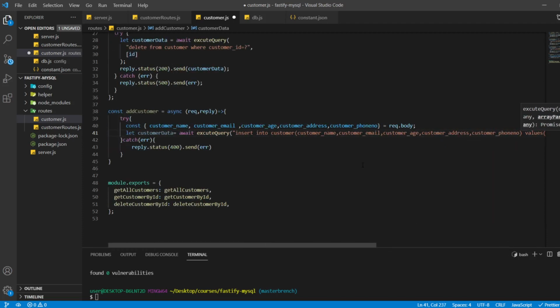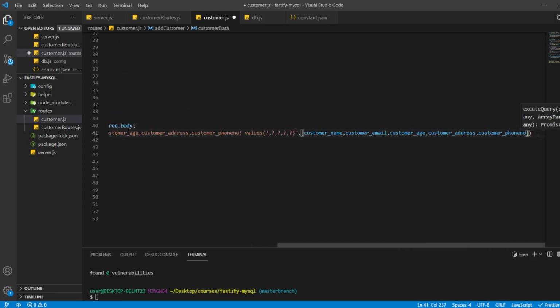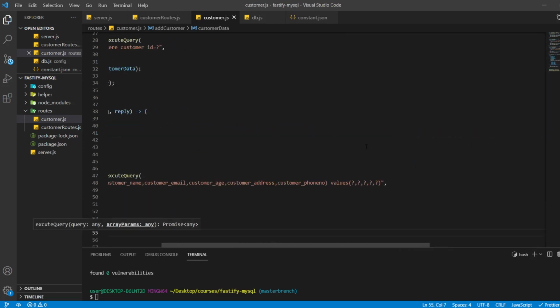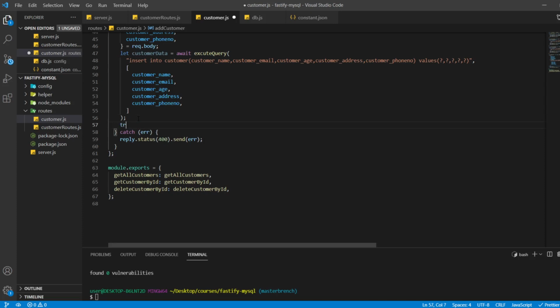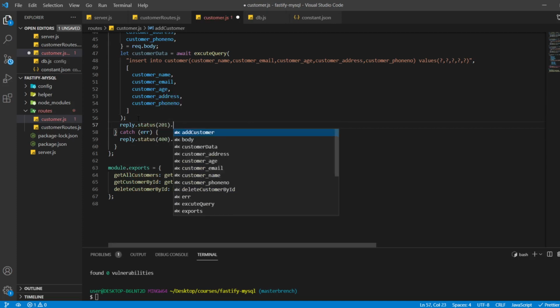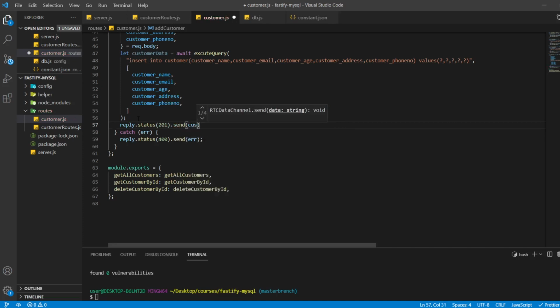Okay, and then here we can send the response, reply dot status 201 newly created data, and then send customer data.